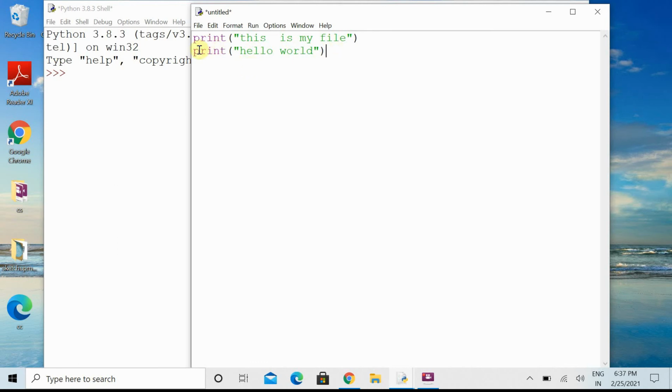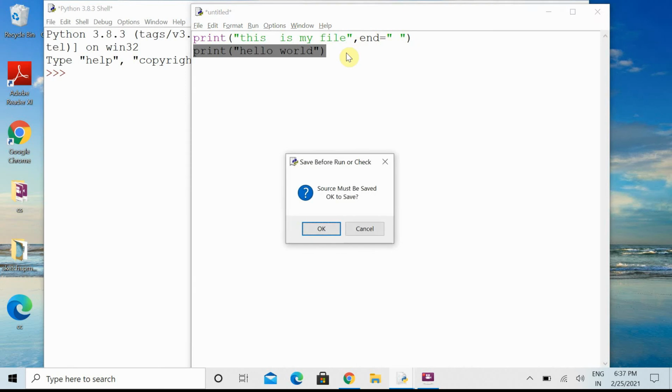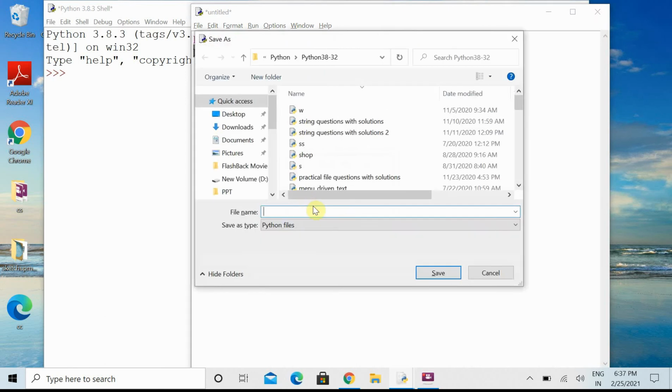In this video we will learn how we can use the end and separator parameters. Basically, the use of the end parameter is, if I am writing anything in the next line, and I want to print it with the previous line content, for that I can use the end parameter. Let's see how it will show us the result.